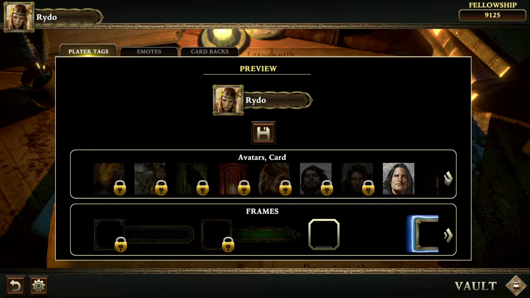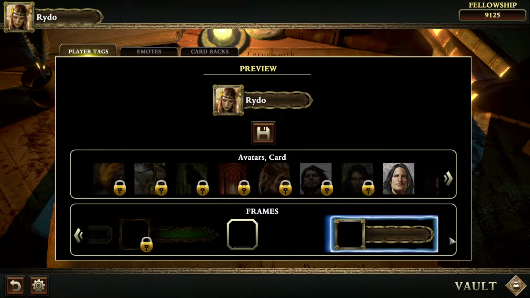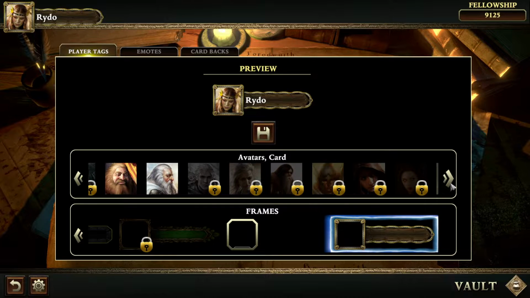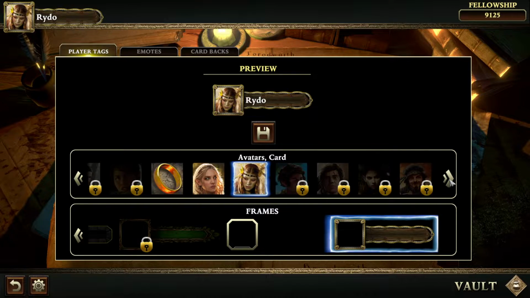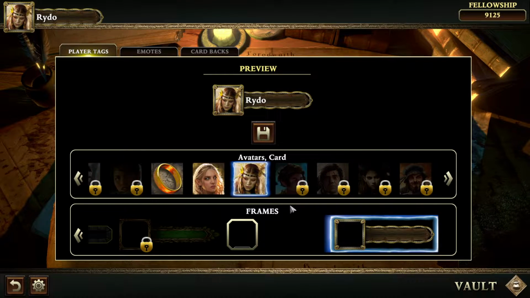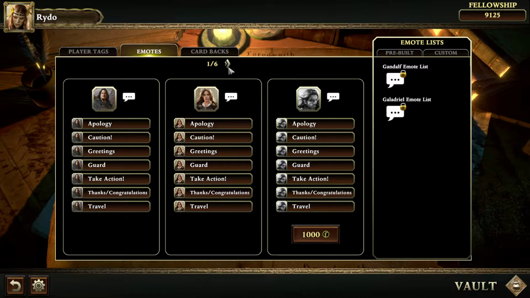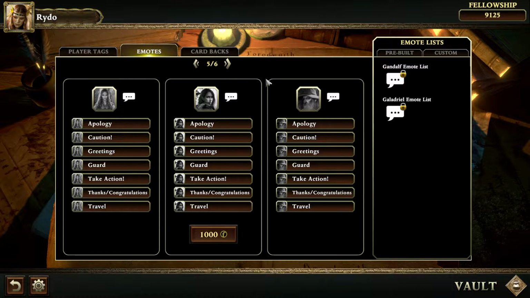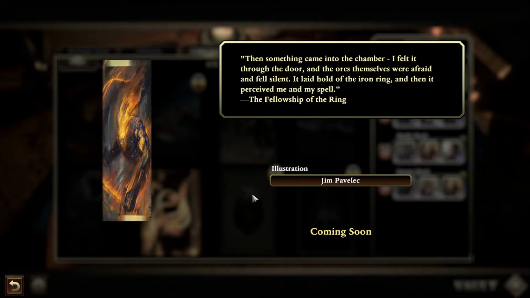We still have yet to find anything that feels like it would give us enough fellowship points to justify purchasing these avatars for 1,000 and unlocking these frames for 1,000. We're spending 1,000 to unlock emotes, which are absolutely useless for the game now because there's no multiplayer, so you won't ever use the emotes. Or spending much more than 1,000,